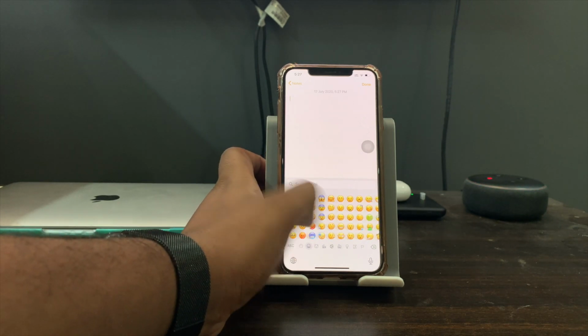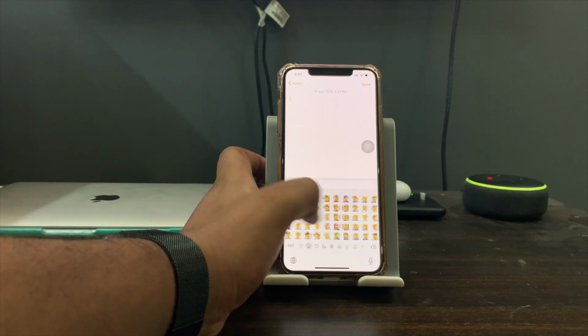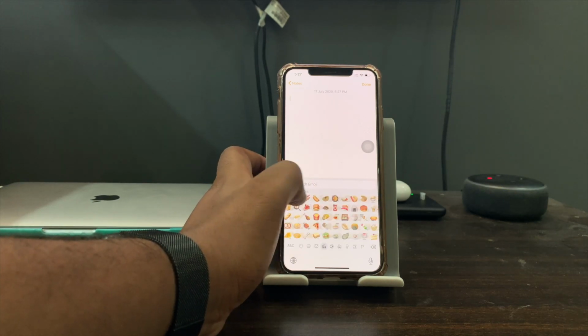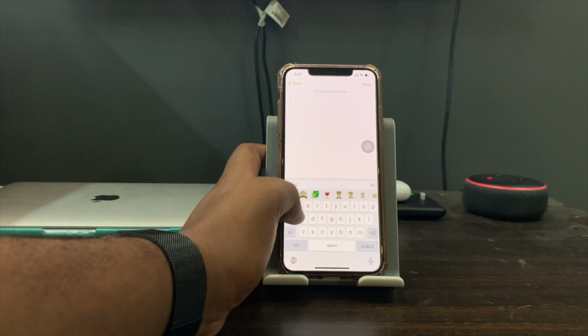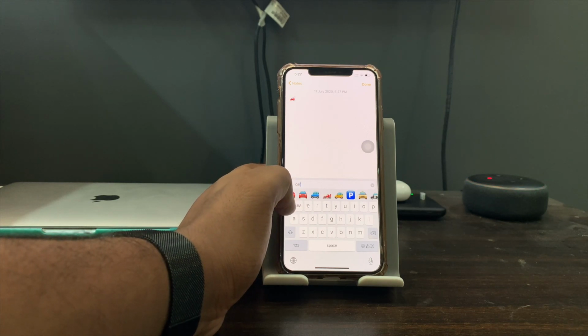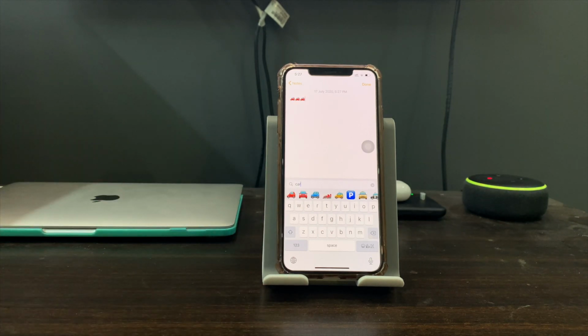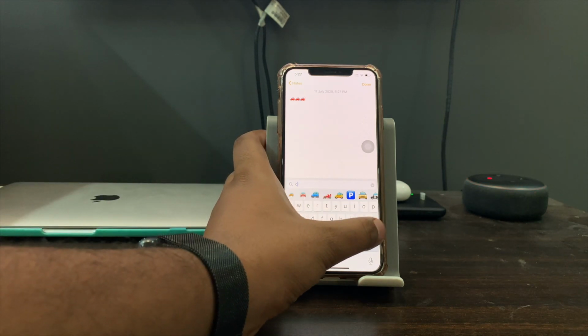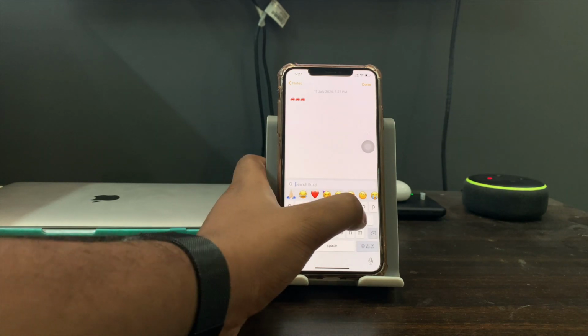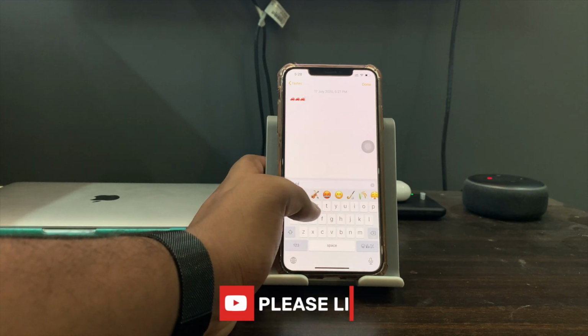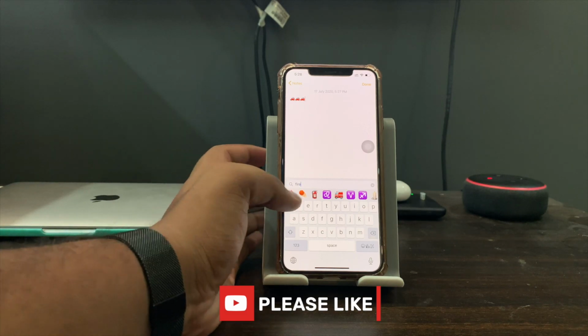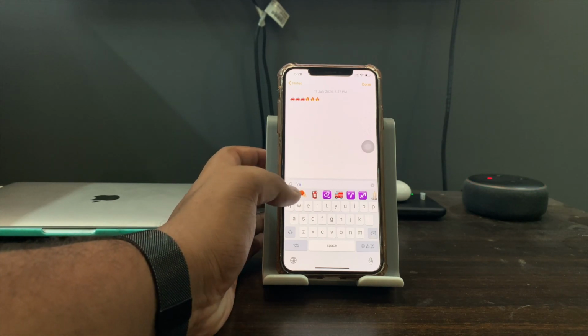So instead of scrolling all the way to the right and finding an emoji, I can simply type here and access a particular emoji. So let's just suppose I type fire, so you can see that the fire emoji is here and I can use it directly from here.